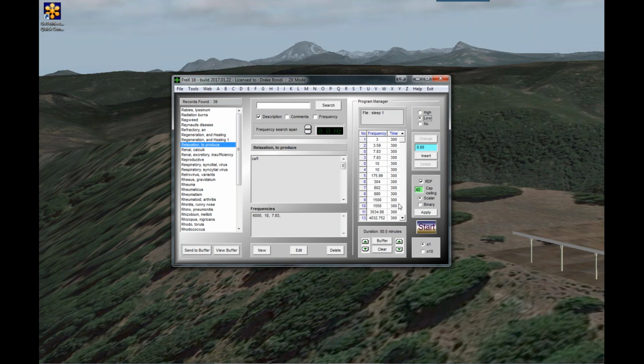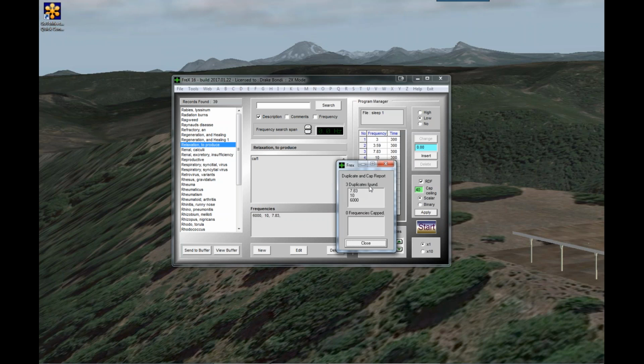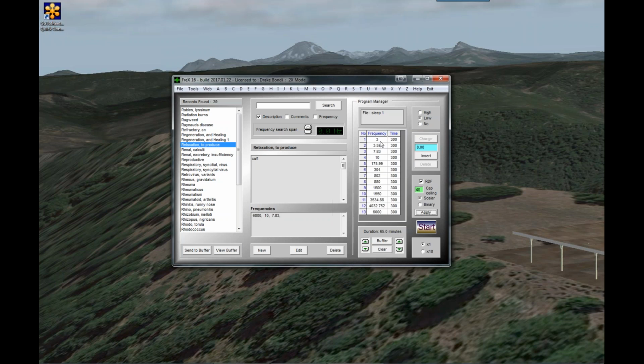Now the first thing you want to do is the apply button, this little box here that says RDF. RDF stands for remove duplicate frequencies. And when you hit that apply button, if there's any duplicates, and you'll see right there, there's 2 7.83s and 2 10s and stuff. So when you click that button, it found 3 duplicates and removed them when you click close. Oh, so you just hit apply,